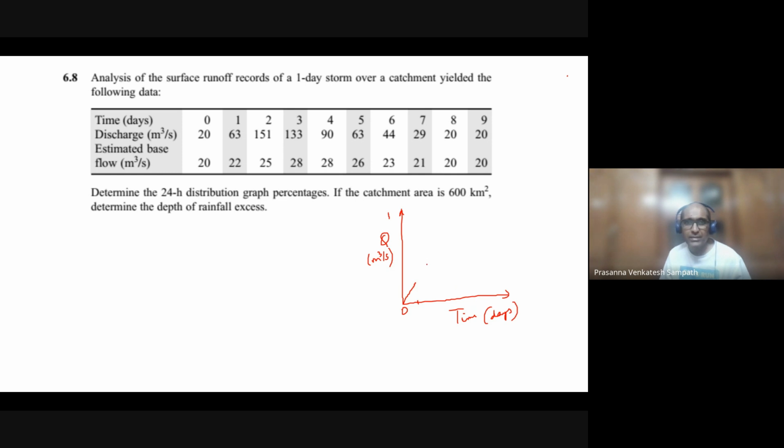Next day it will be 126, maybe somewhere here. The next one will be 105, maybe something like this. Then the next one will be 72,